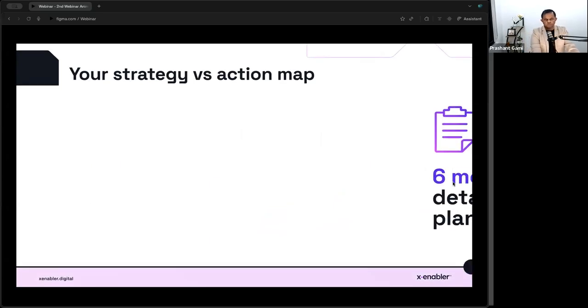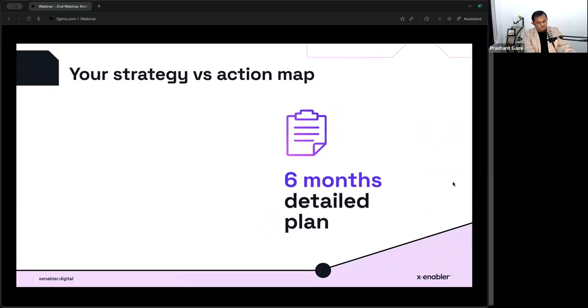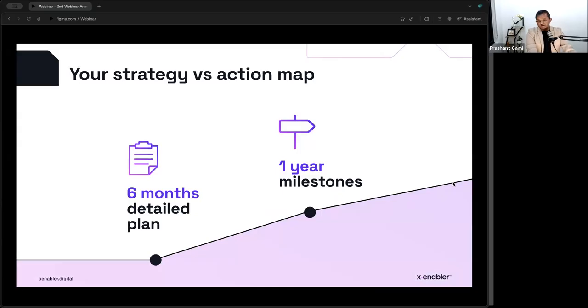So what you need to do is have a 6-month detailed plan, which is your MVP launch. You need to have a 1-year milestone. So after the launch, you give another 6 months for it to perform. And you have a very clearly defined milestone of what you need to achieve, because urgency is actually the best currency available to startups, right? Which enterprises cannot afford. So startups can move very, very fast. Use that to your advantage, but only if you use it is it your advantage. If you can't, then you are making the same mistakes as the enterprises do.